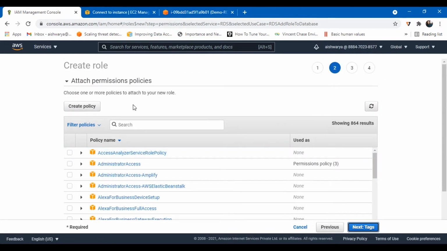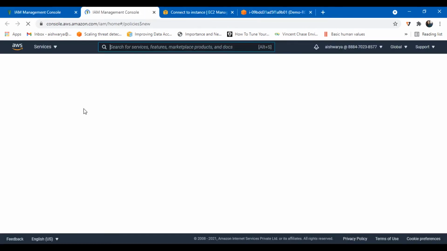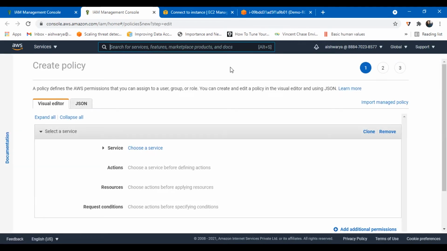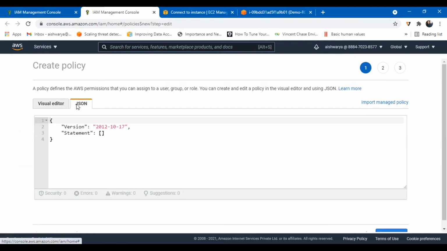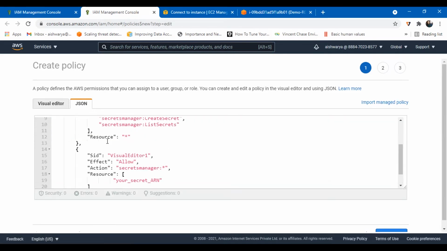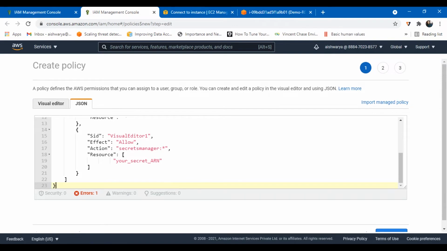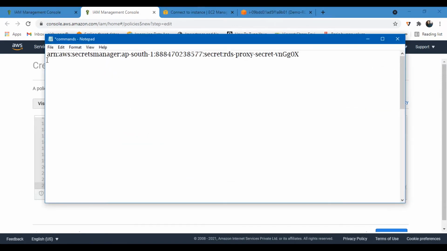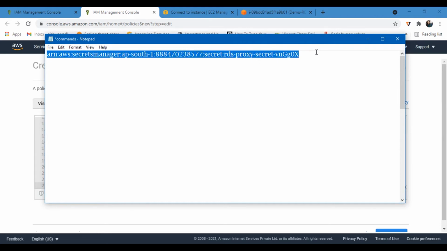Instead of selecting, I will click on Create policy, because I have a custom policy available with me. So here I will select the JSON, and I have the policy. I will paste that, and in the secret ARN, let me paste my secret's ARN, and here I go.